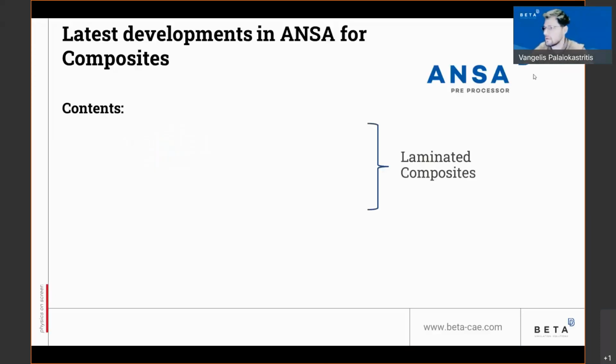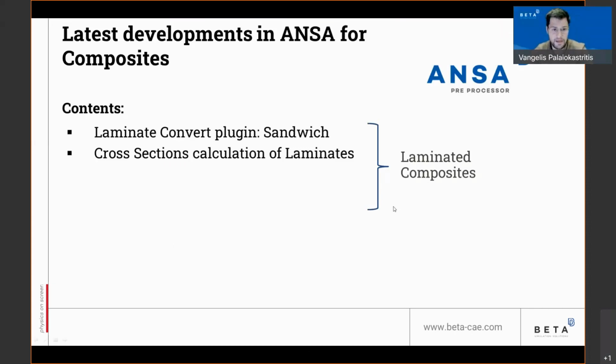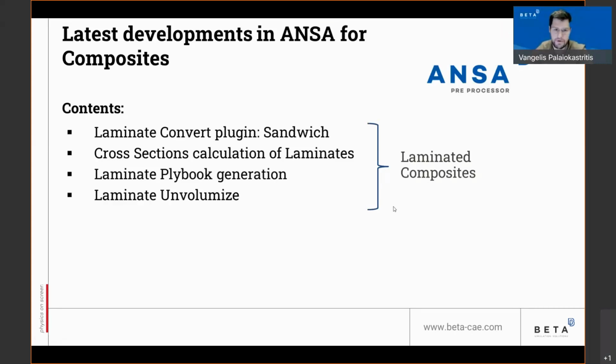Today's presentation is divided in two sections. The first is dedicated to laminated composites, and specifically enhancements in the Laminate Convert plugin, cross sections calculation for laminates, laminate plybook generation, and a new function that converts a solid into a cell laminate.